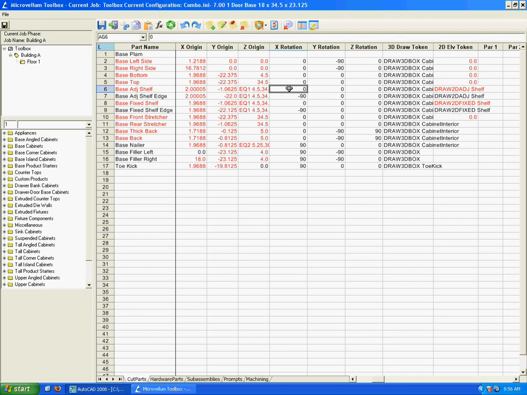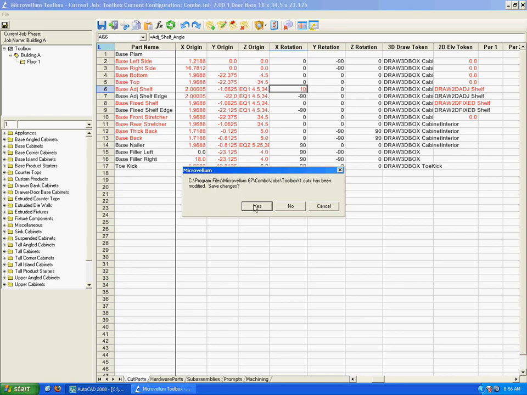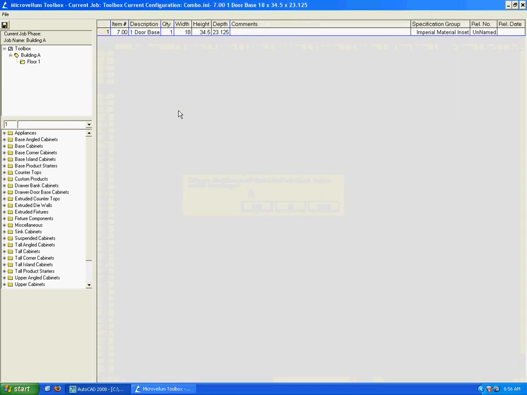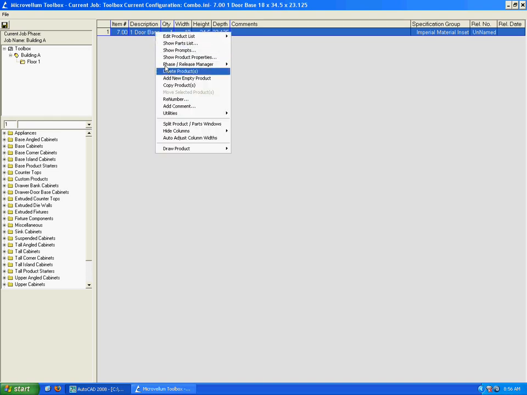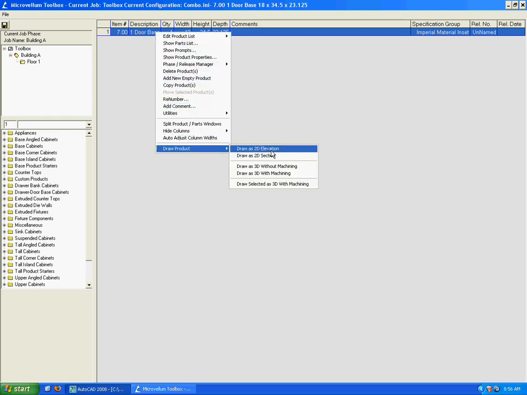Let's go back to our Cut Parts tab, and I'm going to use this on my adjustable shelf because that's what I named it, and I'm going to scroll over till we get to our rotations. I'm going to access my X rotation, and now I'm going to reference that new variable. So I'm going to type in equals ADJ_shelf_angle. And when I hit enter, I get a red 10 because it is not a hard value, it's actually a formula. So I'm going to go up to my close, I'm going to save it,